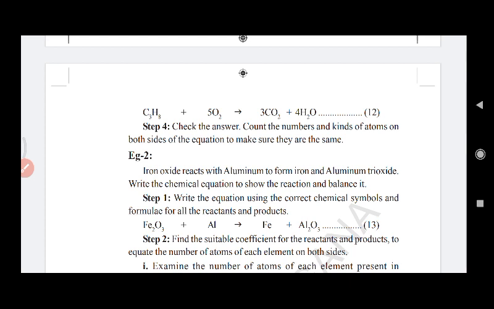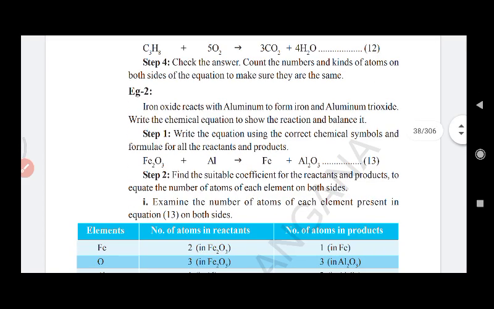Okay, and one more balancing of a chemical equation: iron oxide reacts with aluminum. Sometimes they will give the reaction in words like this. We have to know the symbols of the atoms of each element and the formulas of the compounds, and we have to make our chemical equation. Then we start balancing the chemical equation. Iron oxide is Fe2O3, the iron oxide formula. Aluminum is a monoatomic element, Al. So these two react together and form aluminum oxide and iron. So with the formulas we have to write the skeleton equation in step 1.